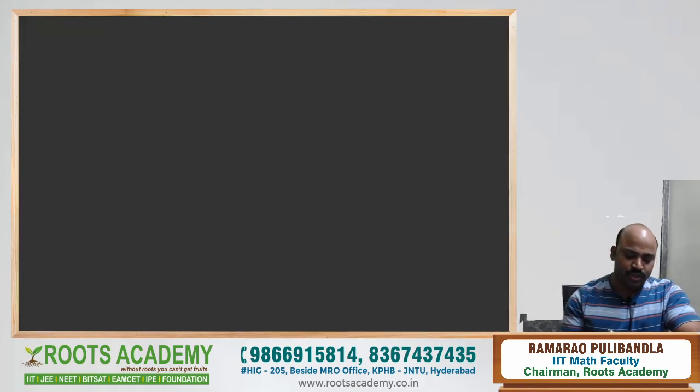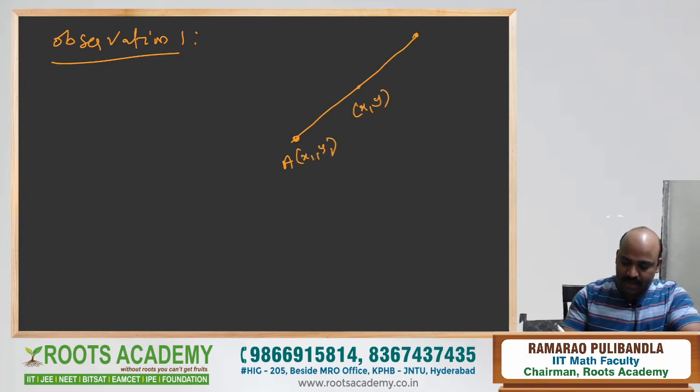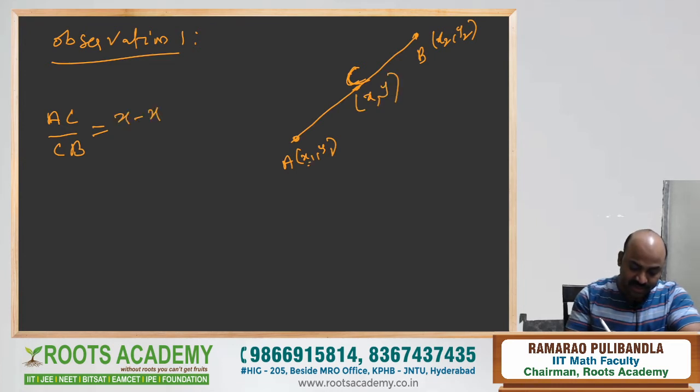Here are a few beautiful observations you can make. Observation one from the derivation, which is very important. Observations are very, very important. See, in this division, somebody is asking about point C, or they gave A (x1, y1), C is some (x, y) and B is some (x2, y2), something like this they give. The ratio in which it divides, that is AC by CB, is nothing but what we are getting, x1 minus x, that's what we got in the derivation,